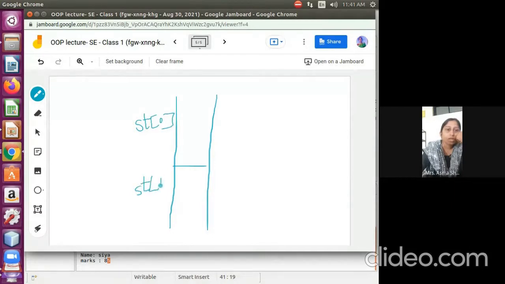So array means what? It is allocated sequentially in the memory location. If we create two objects differently, then we don't know at which place it is allocated in the memory. If I assign an array of objects, it is allocated one after the other in the same memory. Hope you understand up to this, students. Yes or no? Let me know.